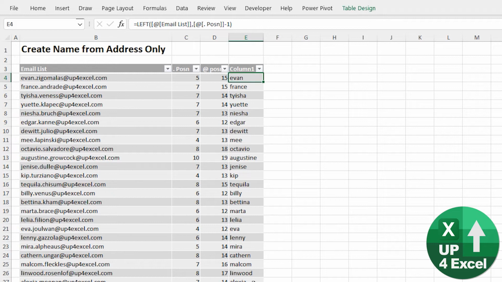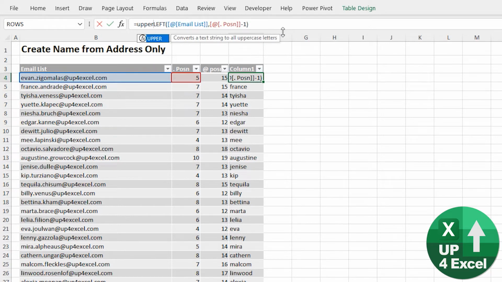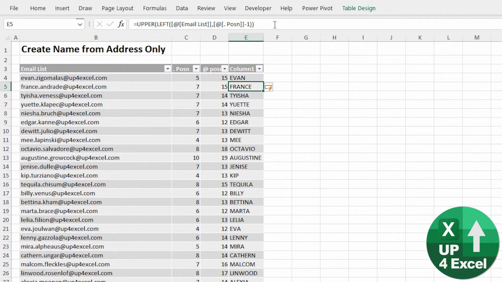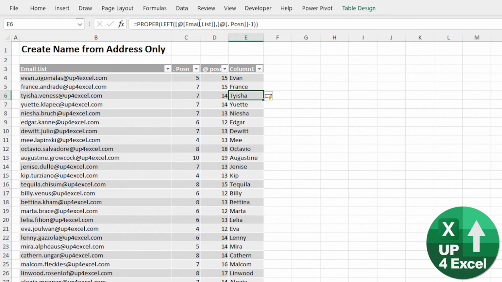There are a few functions we can use in Excel that deal with capitalization. The first one is upper, and that would give us the uppercase. So we get uppercase names there, for example. But lower would give us lowercase. But actually, if we want to capitalize the first letter, there's a function called proper, which is the proper case. And that's ideal because for a name, that's exactly what we want. So for proper nouns, we've got a name, it capitalizes the first letter. So we've just embedded that whole function in there. And of course, we could do exactly the same thing